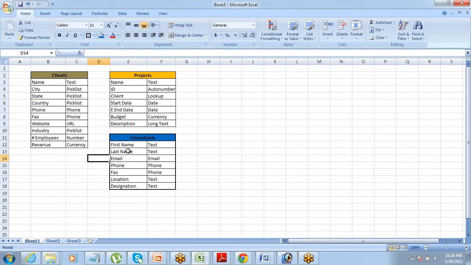So how many objects do I have now? Three. One is the client object, the other one is the project object, and the other one is the consultant object. All right. Did you think of any other object apart from this? No, right? So I have three objects right now.